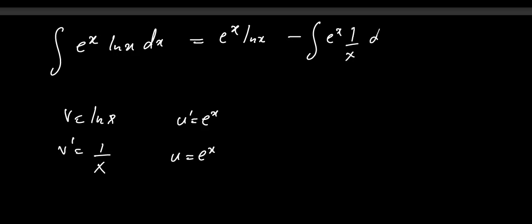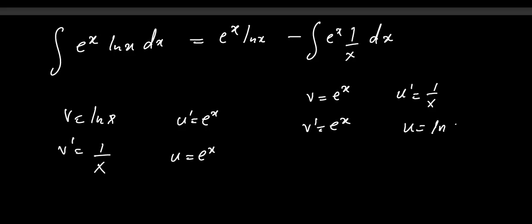1 over x dx. So to evaluate this, we are also going to use by parts, because we have e^x and 1 over x. So choose our v to be e^x, and we choose our u prime to be 1 over x, so that we can let our v prime be e^x, and our u, whenever you integrate something where the numerator is the derivative of the denominator, the answer is just ln that denominator that you have. Yeah, so this is going to give us